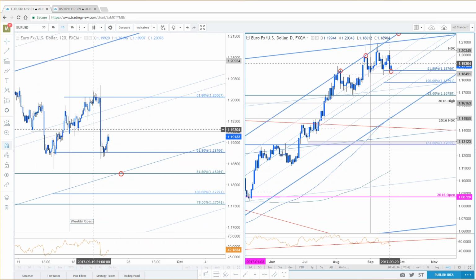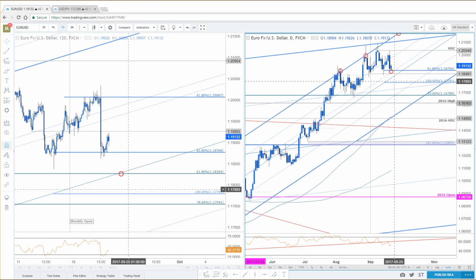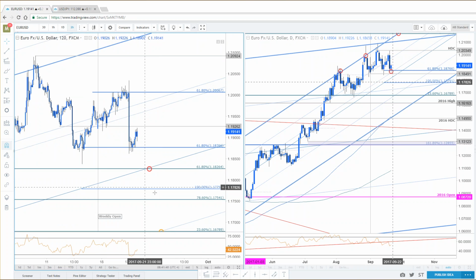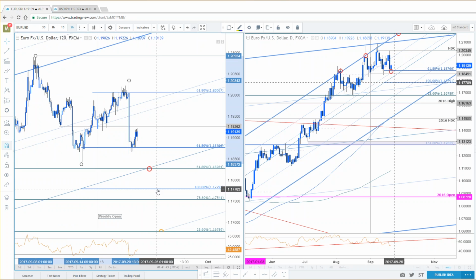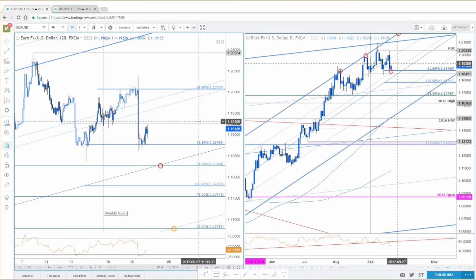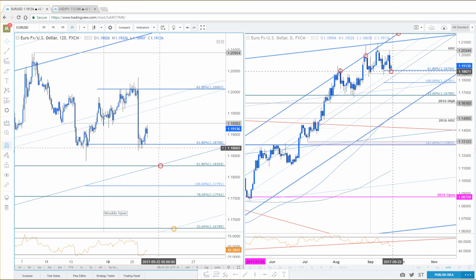Near term, guys, watch for a break below here to give you that run towards 1826. It's just an initial target. If this is just a correction, it would still take you down for an equal leg into 1780. Okay, I personally think you probably get down there. But first things first, this is sort of your key area of support to look for. All right, that is euro dollar number one.